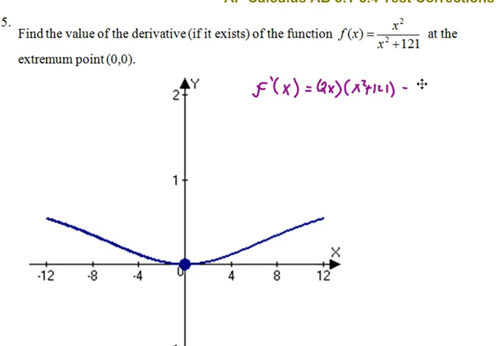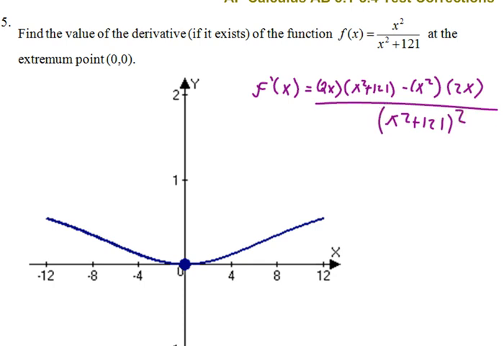And then minus our x squared. And then our derivative of this, which is just going to be 2x. Okay? And that's all over x squared plus 121 squared. All right. So maybe we'll do a little cleanup here and